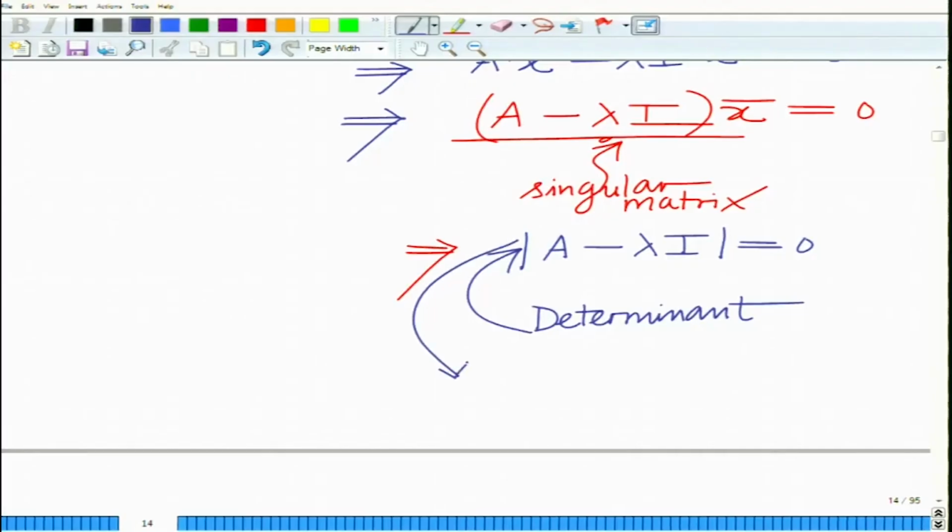Now, by evaluating the determinant, you can derive an equation known as the characteristic equation corresponding to the matrix A, and the roots of this equation in lambda give the eigenvalues of the matrix A. So, the determinant of A minus lambda I gives you the characteristic polynomial,